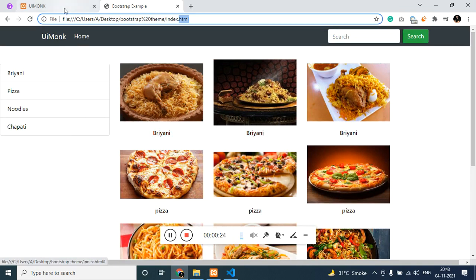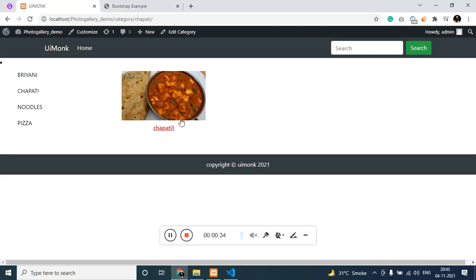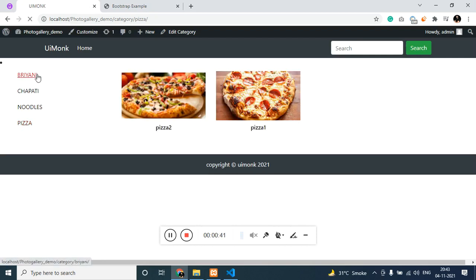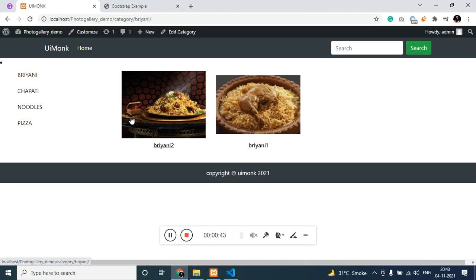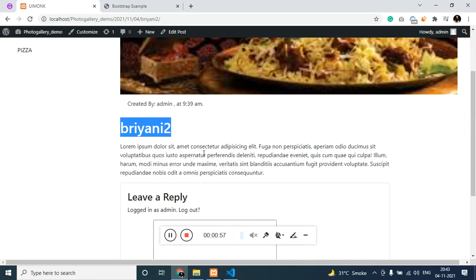HTML template into WordPress. So if you see, this is the converted template. If I click on Chapati, you will see the data related to Chapati comes up. It's taking time. If I click on noodles, you'll see the noodles show up, pizza, and finally the biryani. Not only this, if I click on an individual item, I can see the data, that is the image,